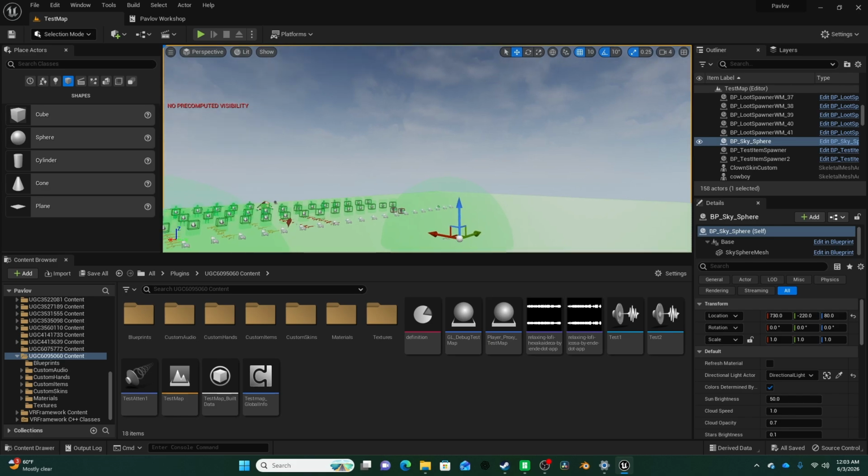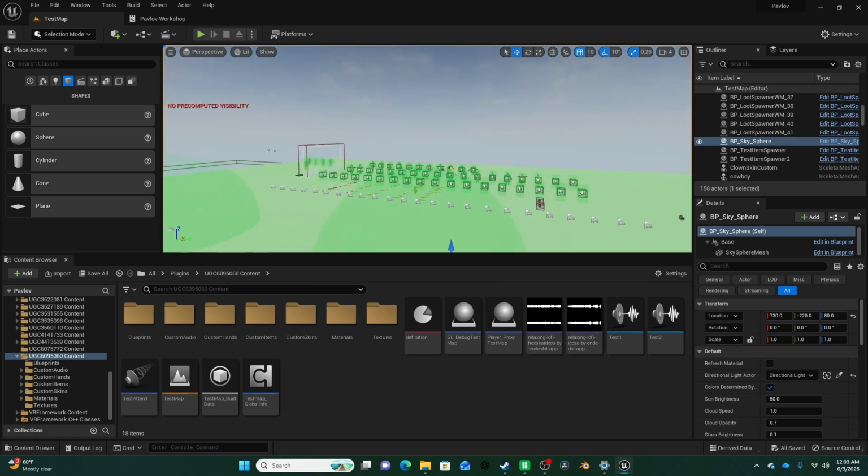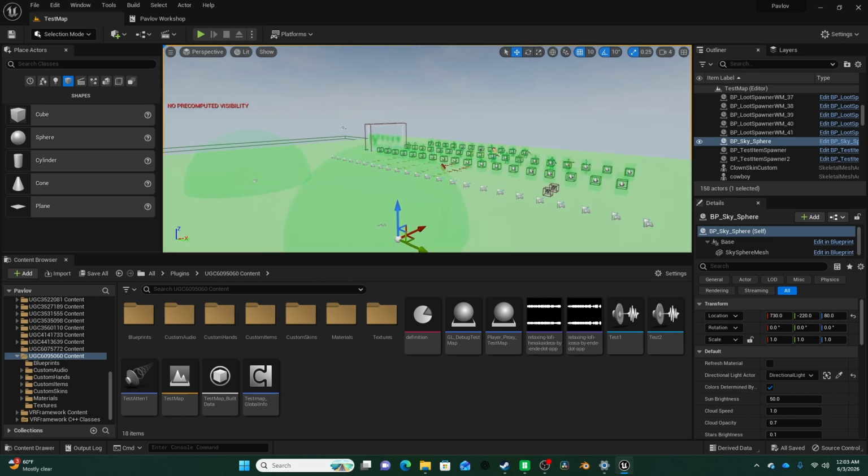Hello everyone and welcome back to Unreal Engine for Pavlov modding. Today we're going to be talking a little bit about audio. We got some requests for how to do some audio sources as well as how to do background noise for maps, and we're going to show you a little bit of both